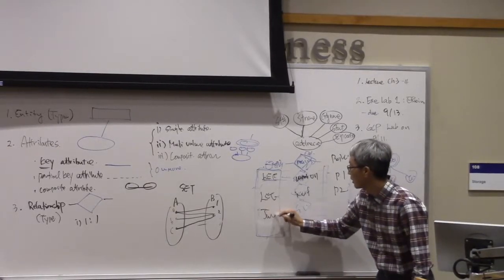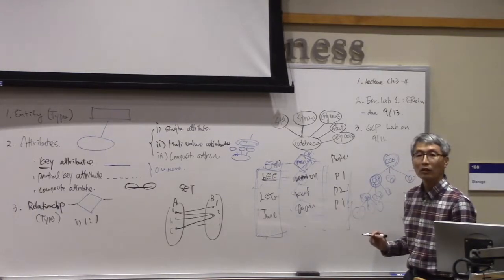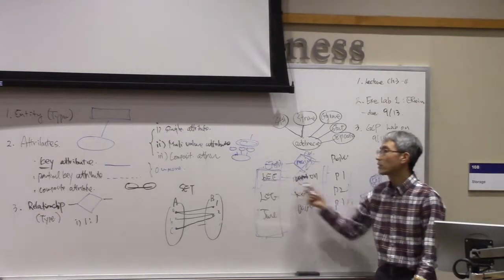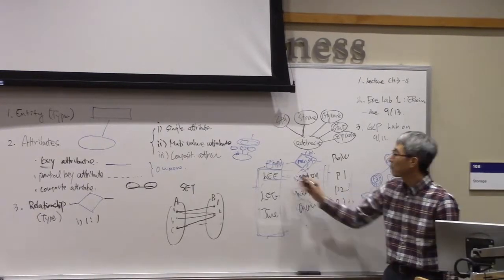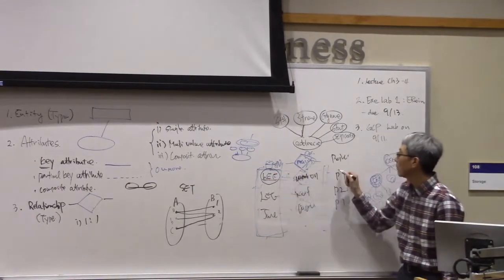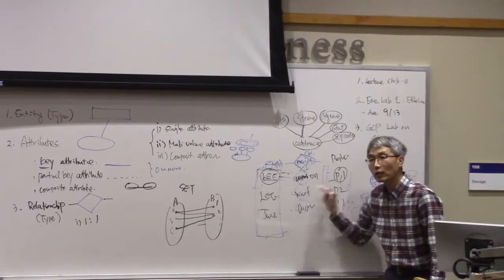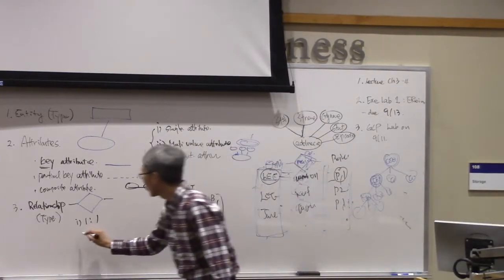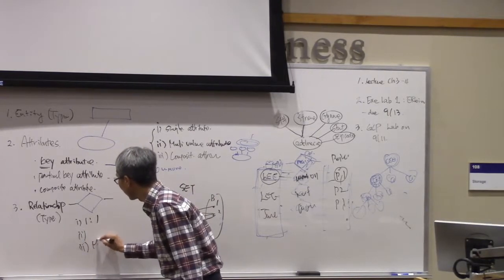James works on project 1, and so on. This is many-to-many, because an employee works on many projects. Also, one project, how many employees? Many. So we have many-to-many